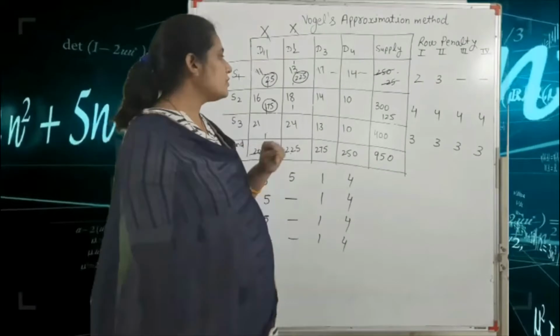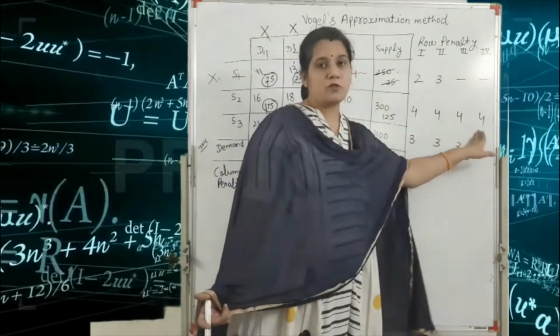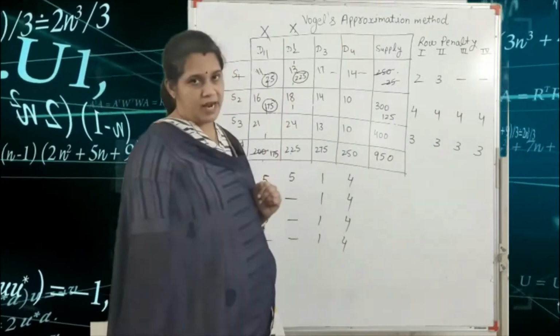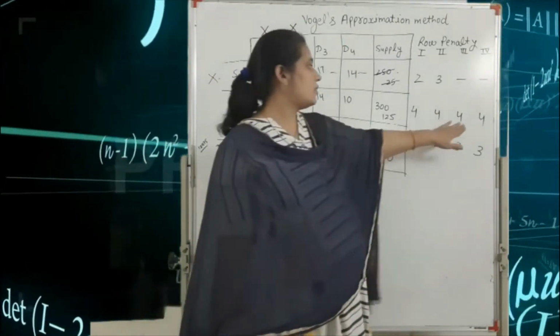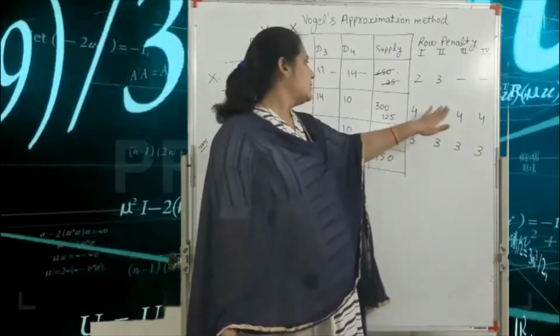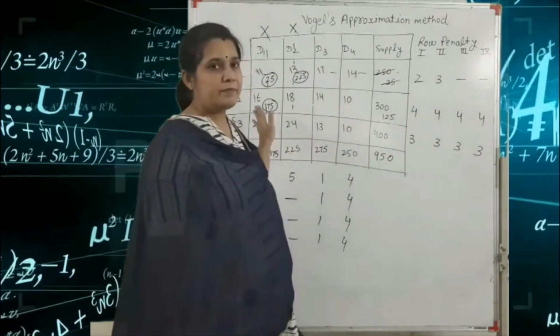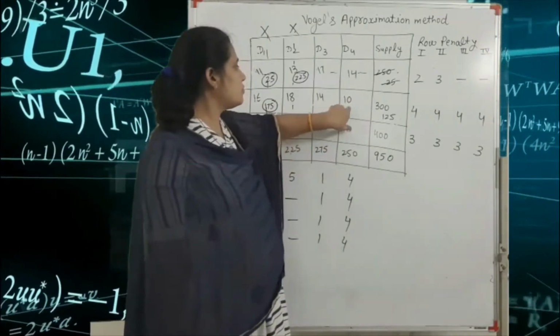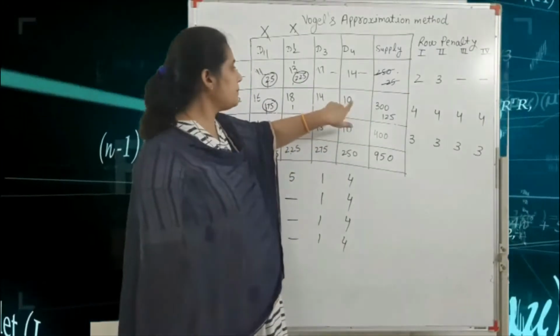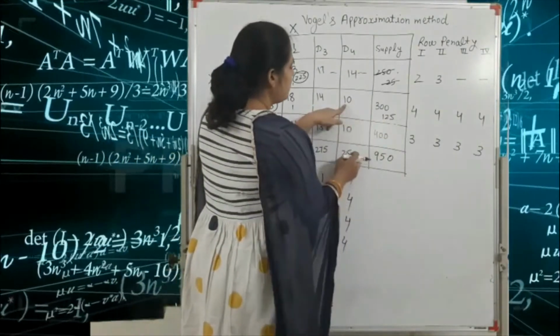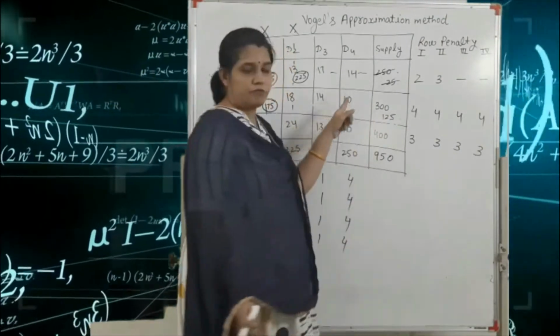So this 4 is according to your row, that means supply, and according to your column, that means demand. Okay, so if we choose this 4, that means our allocation is the S2. That means second row, and we have the two cells only. So minimum number is 10. Okay, so allocation is 125 and 250. So we allocate 125.